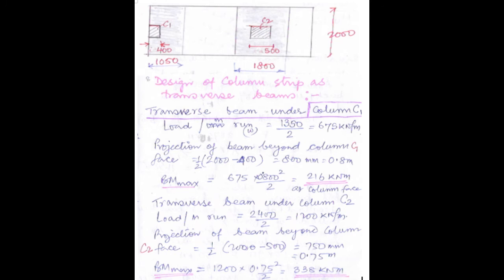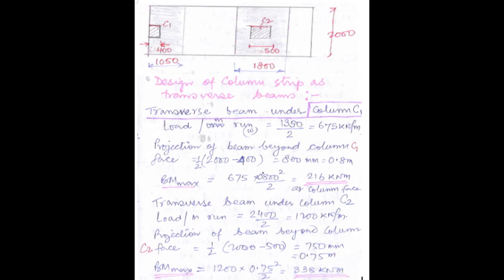So first step is the same way we have done for the main or the longitudinal reinforcement. Now the same way we will proceed. If you remember or understood that one, it will be just the repetitive one. So the load per meter run will be 1350 divided by 2. What is 1350? That is the factored load carried by the column 1. And what is 2? 2 is the width of the footing, that is 2 meter we have assumed. So it is 675 kilonewton per meter.